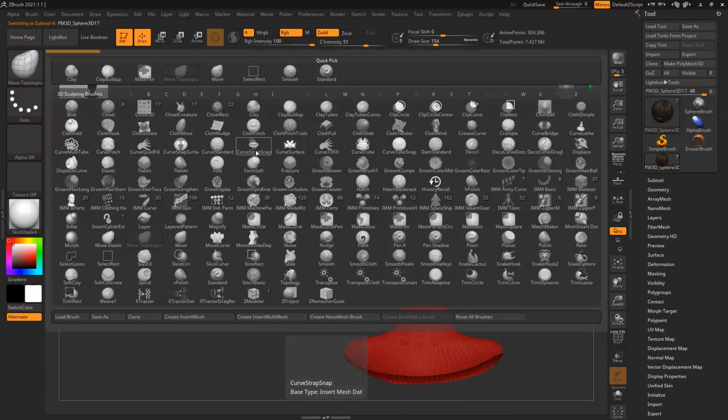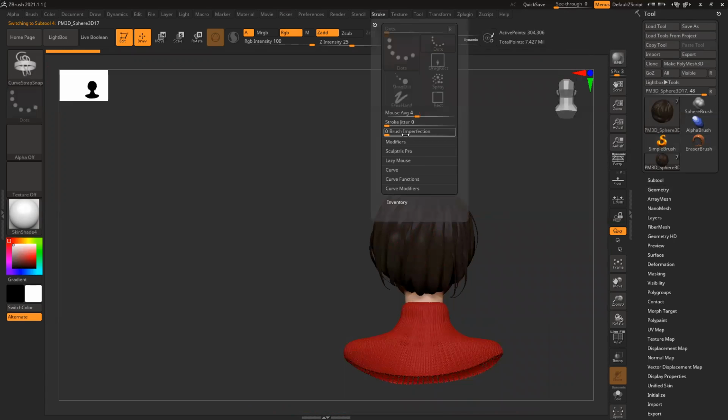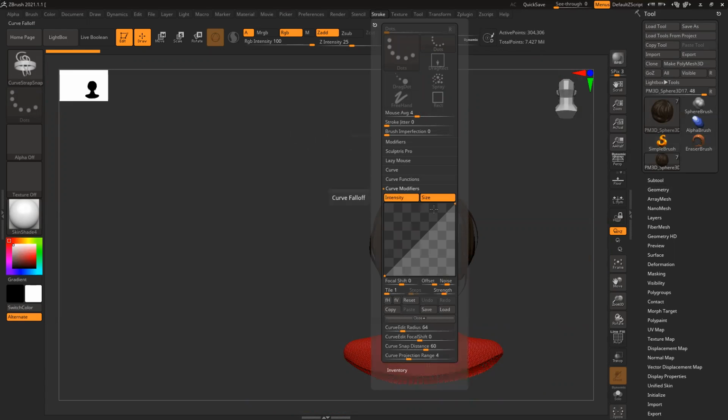Let's use that curve strap one more time. Curve, oh, sorry, modified size.